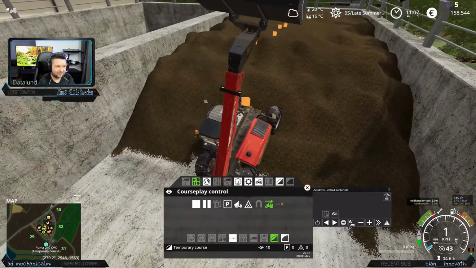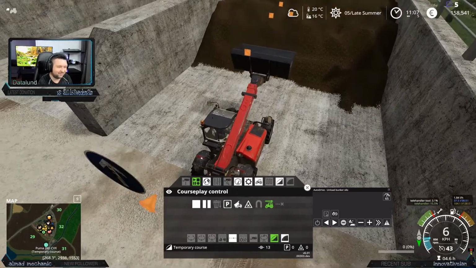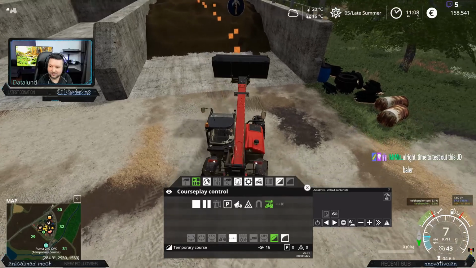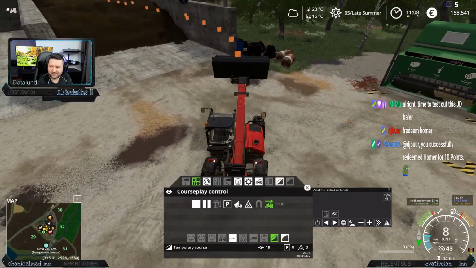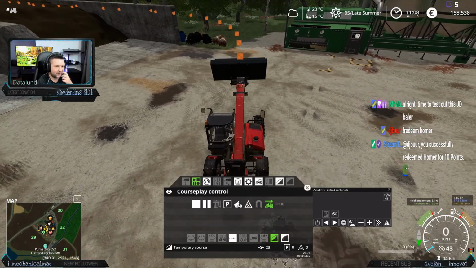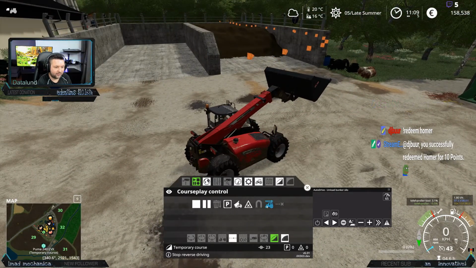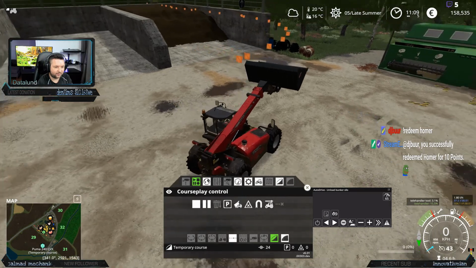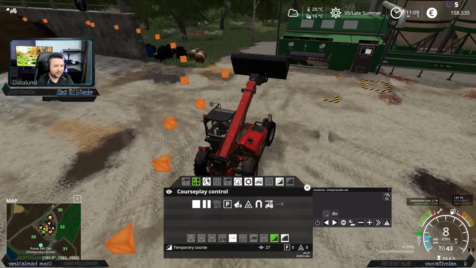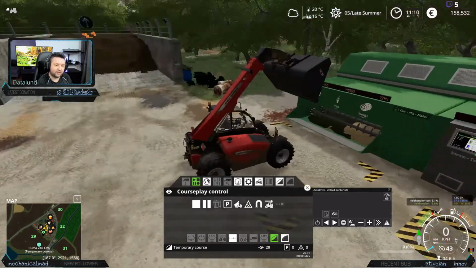Oh, I meant to do that. I think I forgot waypoints. Time to test out the database. No. So we want to have it going up here, where we are stopping the reverse point, going forward, and then we want to have it going over here, and let's see, so